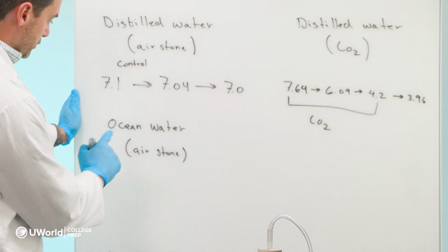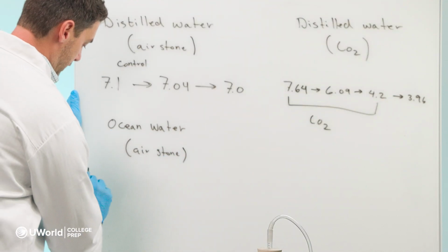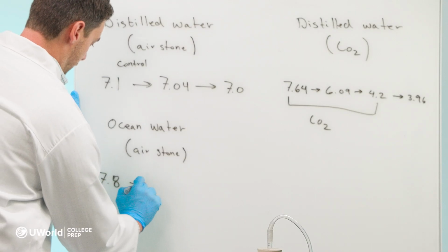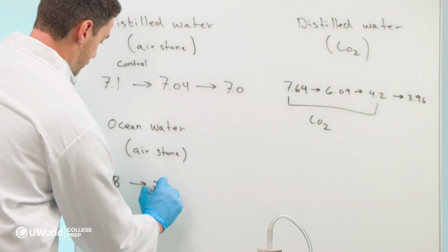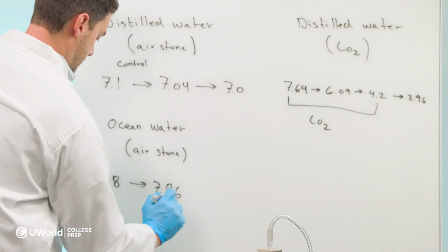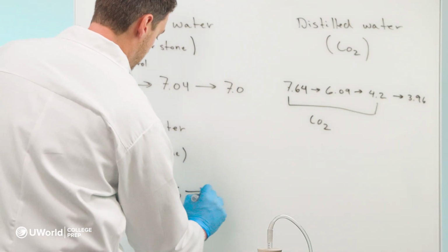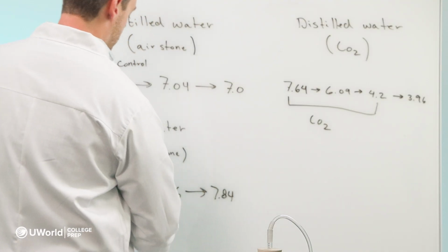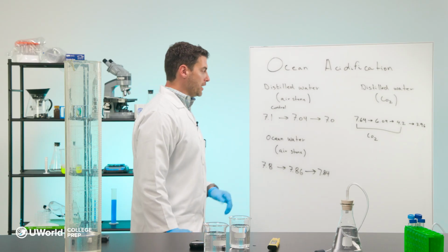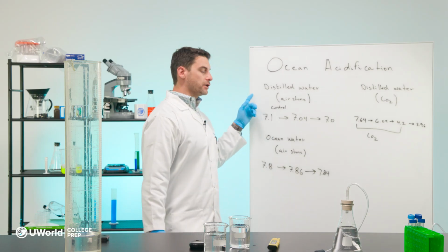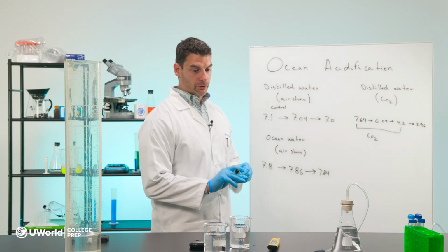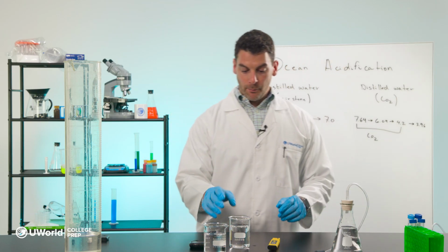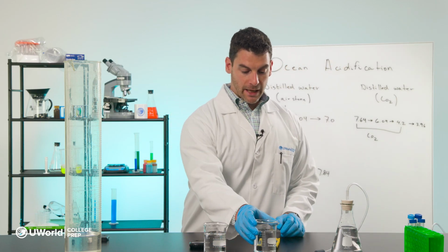And the pH of our salt water with our air stone started at 7.8. Then after a minute, it was about 7.86. And then after another minute or so, we had 7.84. So overall, not a lot of change with our air stone, which was expected since our distilled water showed similar results. So now comes the fun part, is we set up our apparatus, but this time we're going to